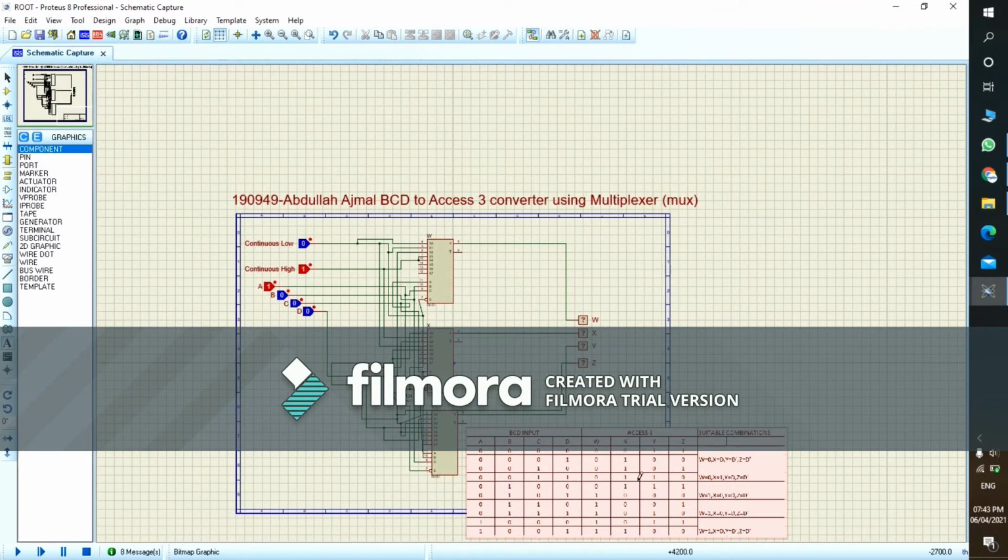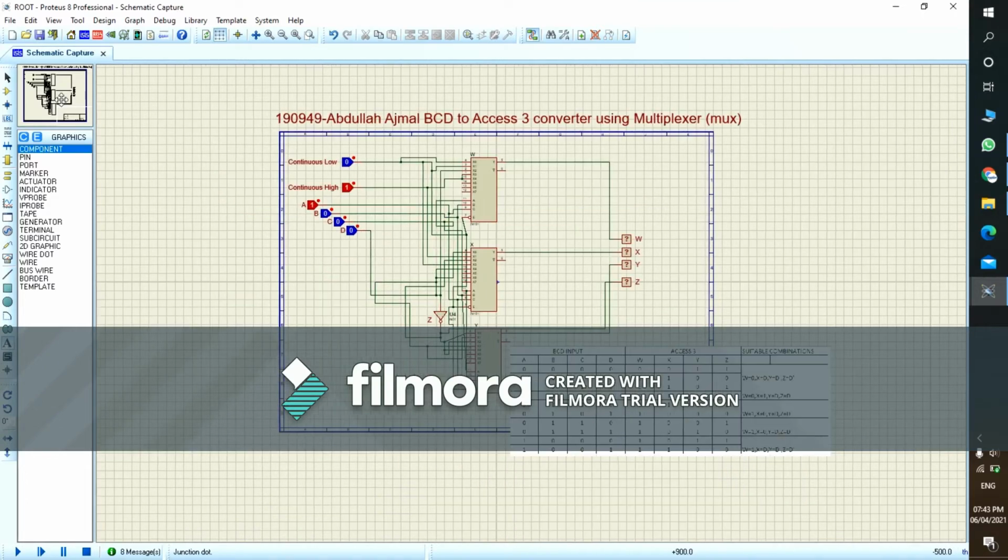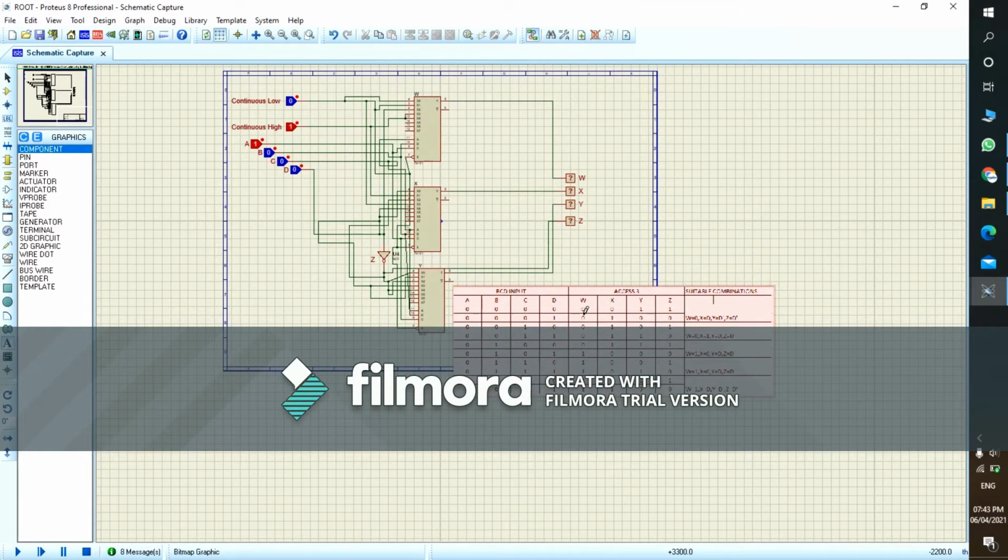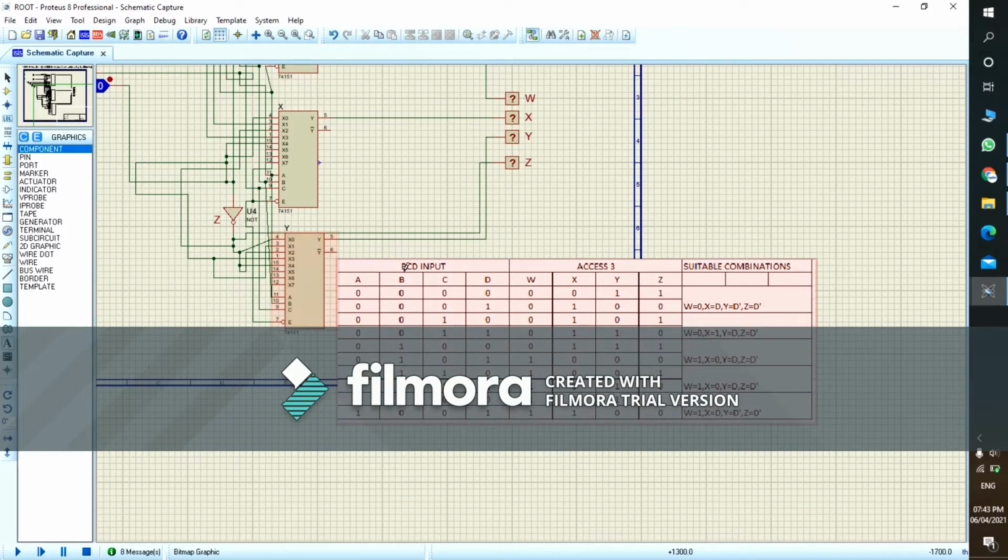First of all, I will explain on the basis of this truth table. So I will zoom in on the truth table part. In the truth table part, this is the BCD input. BCD stands for binary coded decimal, and XS3 is a type of code in which the BCD numbers are converted. So basically, BCD is the binary representation of the number, and XS3 is the code form in which 11, which is a binary digit for 3, is added to every BCD number.